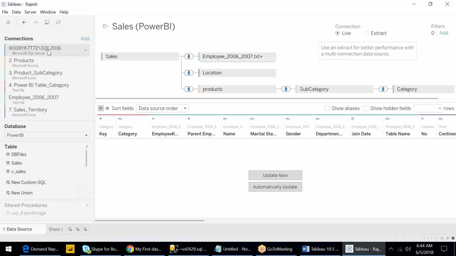The first one is a SQL, and the next is two employee files, right? Next is an Excel sheet, a location sheet, and a product MS Access, a subcategory Excel, and a category text file. Okay. In the employee place, there are three files, but